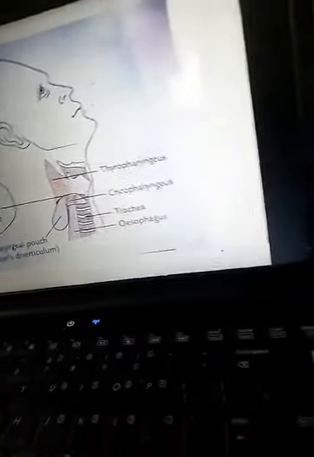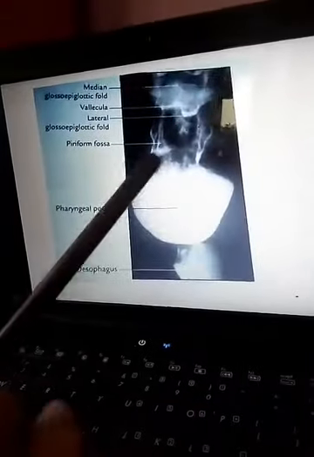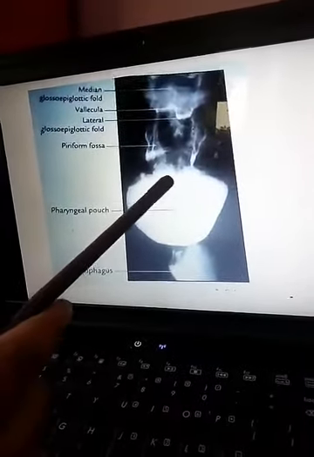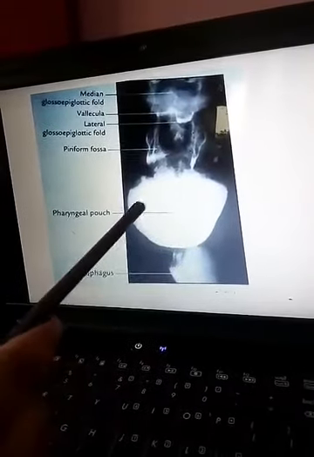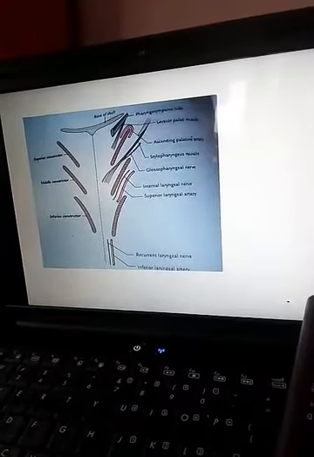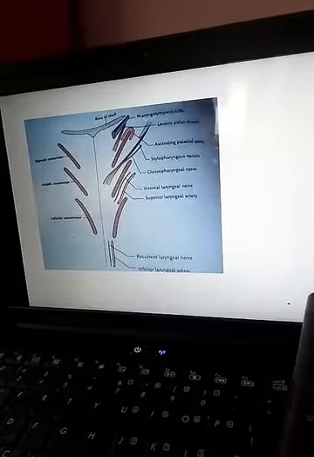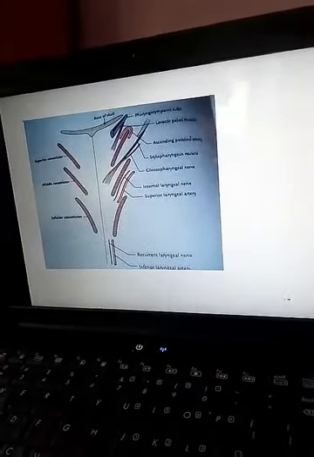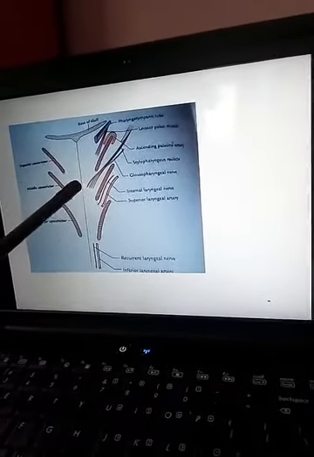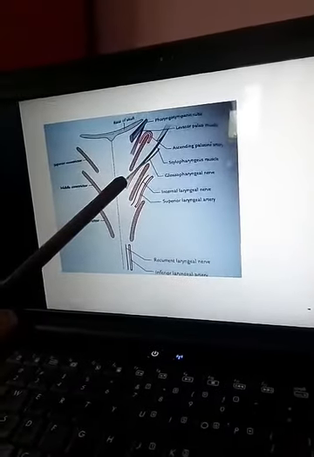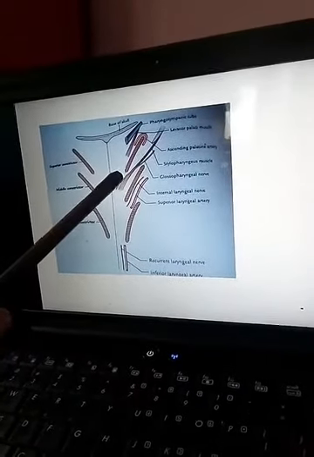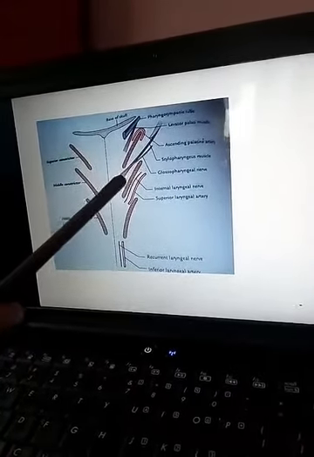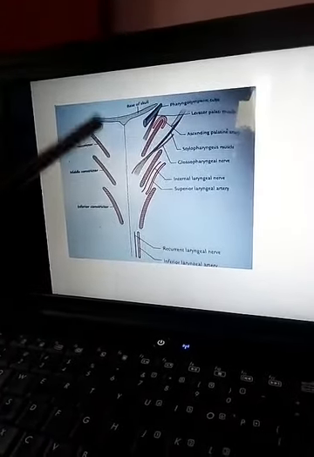Now, you can see on the radiograph, this is the pharyngeal pouch. Now, there are gaps in the pharyngeal wall. There exist four gaps on either side in the pharyngeal wall. The gaps and structures which pass through them are, now